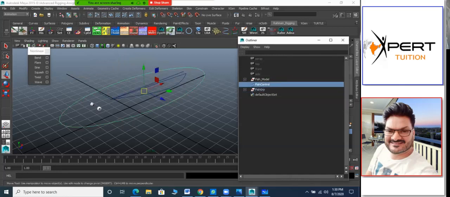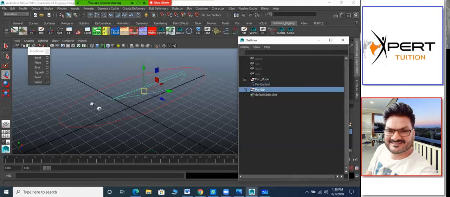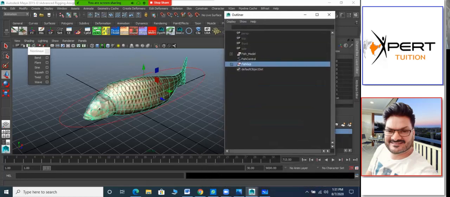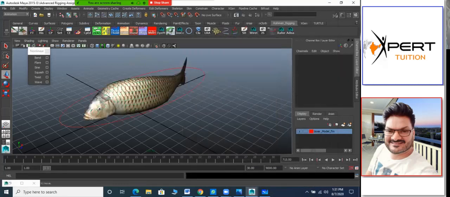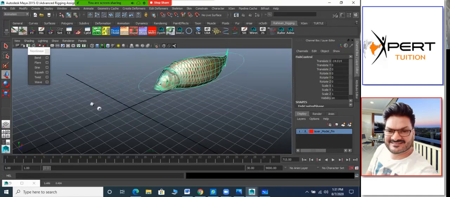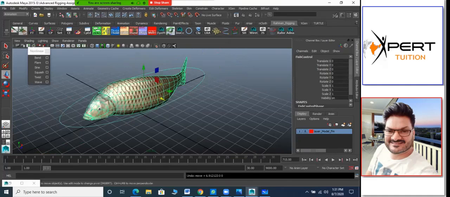So now this group, you can select it, switch on the switch so you can see that. Okay. And just parent to this control. Select this control and P, normal parenting. Now the advantage is whenever I select this control, we'll make sure this layer you can keep in R mode, so fish will never get selected. Only the control will get selected, and wherever you move, the fish will go with that. Is it clear? So now both our deformers are going with that, mesh is going with that, and deformation will take place. Problem only is the fish eye.